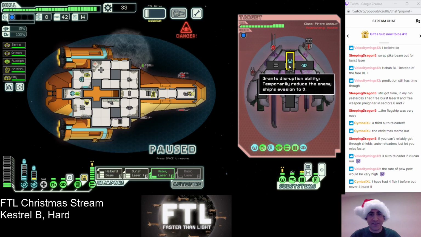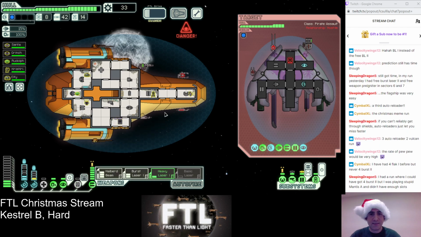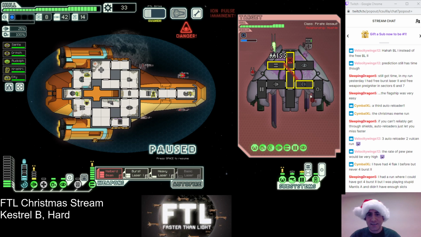This is dangerous enough that let's hack their... Oh wait, no, never mind. I don't have to hack their piloting, because it was ionized, so they have no dodge right now. Okay. Yeah, they have no dodge, but we have to hit their weapons for sure. Okay, well the good news is the halberd beam doesn't have to worry about missing. Yeah, that's...